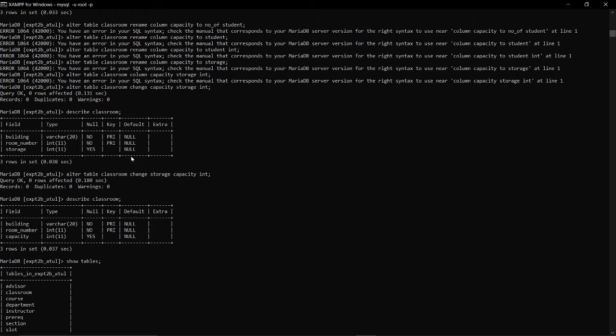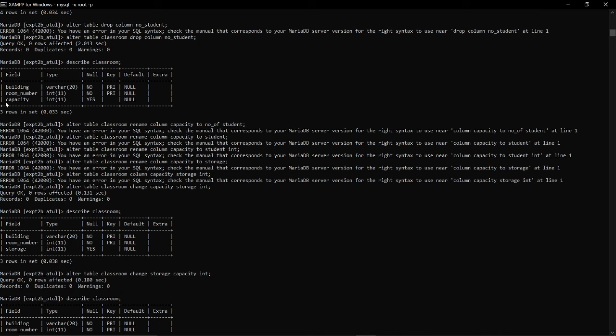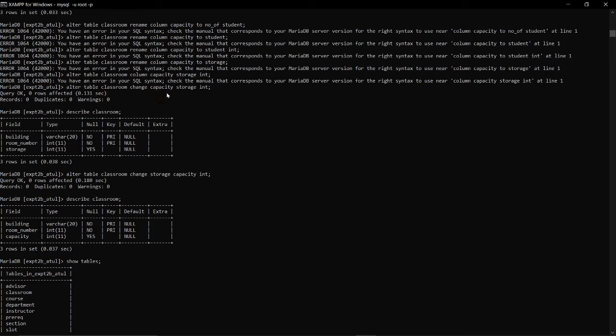Now alter can be used to change the name of a particular column. First of all, my classroom table had a column known as capacity. Now I have changed the capacity name to storage, and the command is alter table classroom change capacity storage.